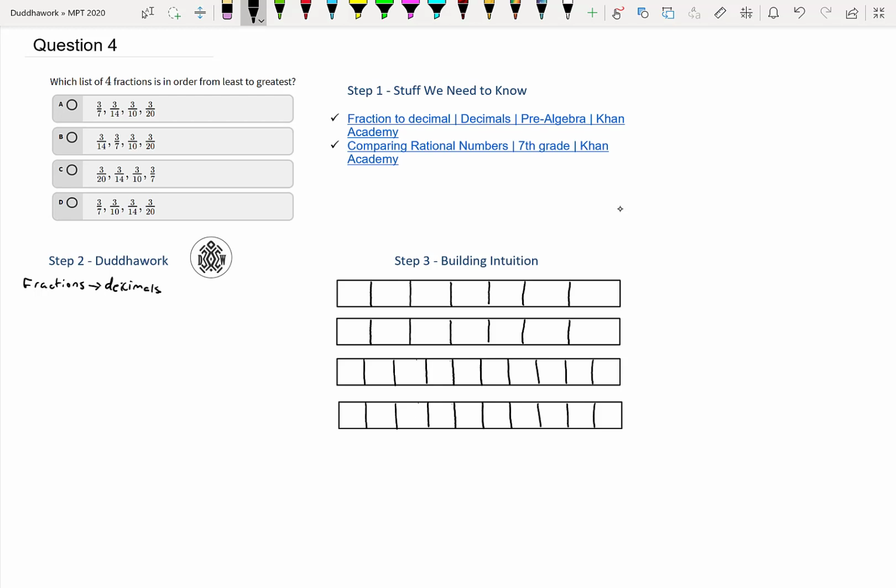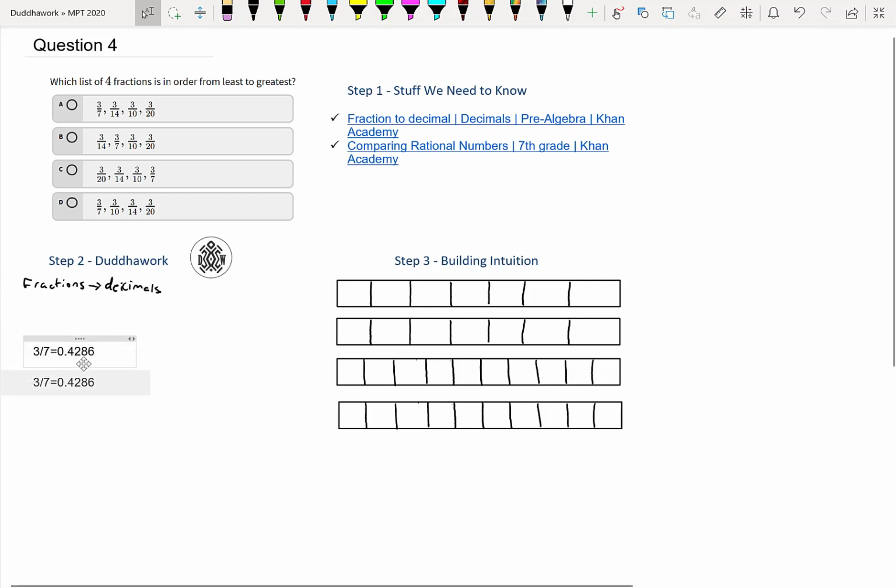that a fraction is the same thing as a division, right? So it's 3 over 7, or 3/7, which is the same thing as 3 divided by 7. So what we can do is divide 3 by 7. I'll do it without a calculator in this video, but you're allowed a calculator for these questions. So go ahead and use a calculator. You can go 3/7 equal, boom, and you know it's